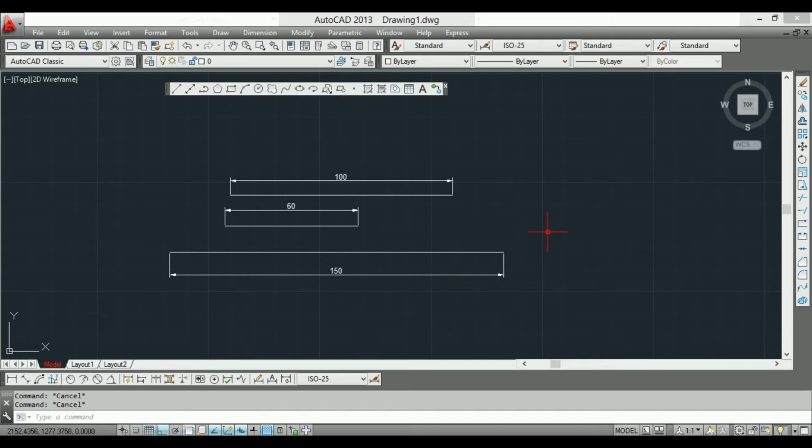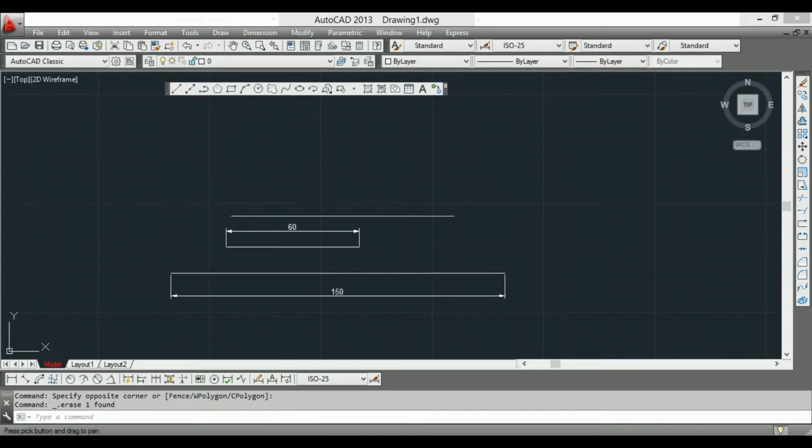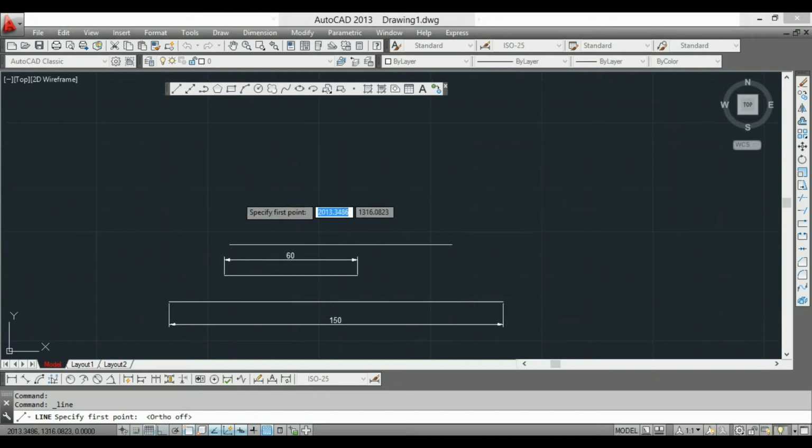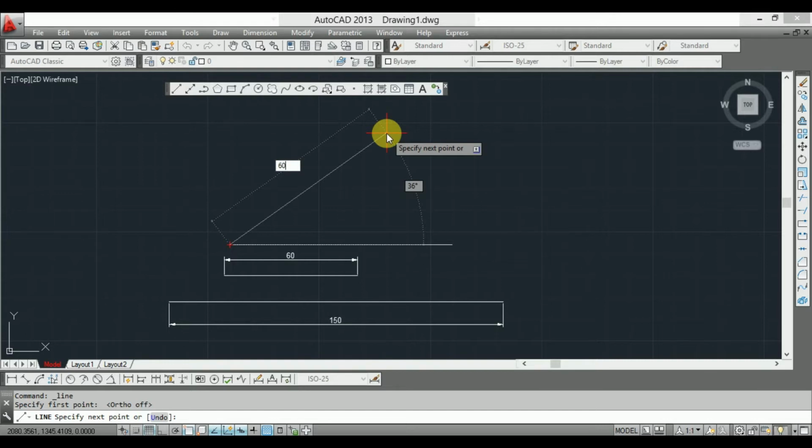Now the third case is that if you want a line at a certain angle. This is the third case in the line command. Suppose on the 100 line I want a second line at a 50-degree angle with a dimension of 70. I will specify the first point and then put 60. Then you see on the window that there are two tabs.